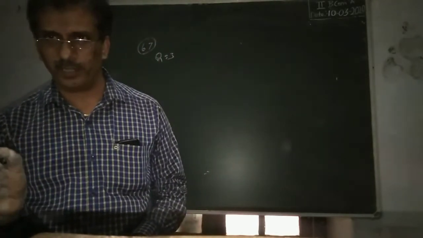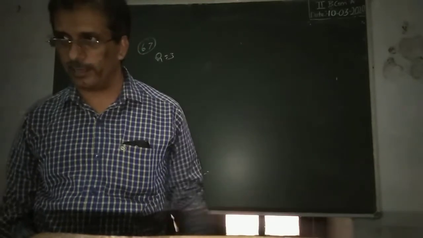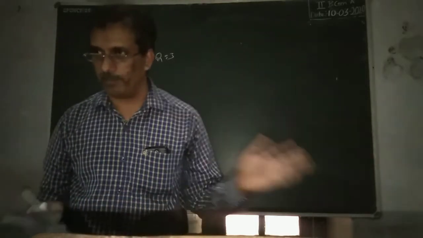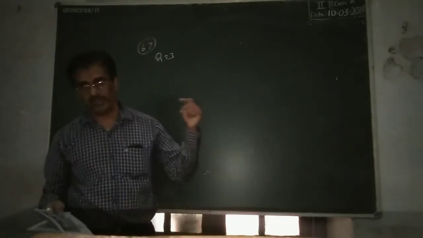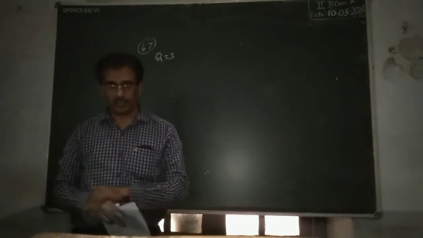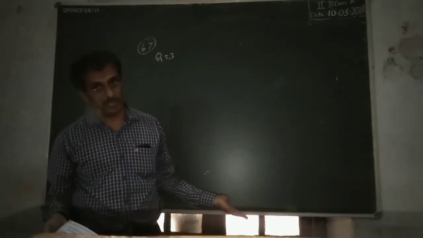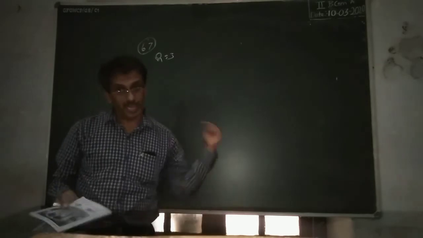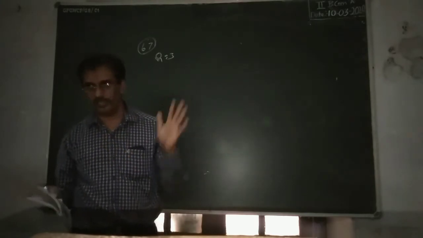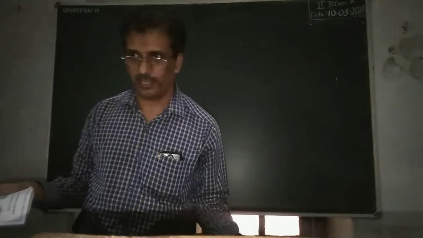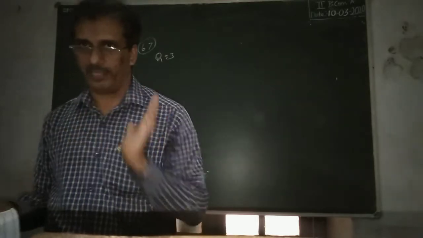Here he asked only one method, the average profit method. What you are supposed to do? Add all the profits together and divide by the number of years, 5, and you will get average profit. From that average profit minus 6,000, you will get adjusted profit. That into the number of years of purchase, here 4 years. Multiply by 4 and you will get the goodwill. That's all he asked here, only one method.